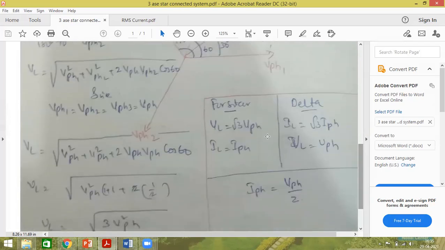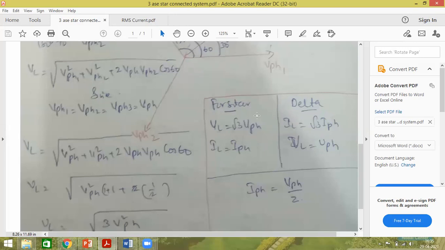But now you remember, for star connection, what is the derivation we have proved? Anyone? What is the result? Line voltage equals root 3 times the phase voltage. And depending upon the connection, we need not prove this one: line current equals phase current. So from today onwards, star connection means in your brain you have line voltage equals root 3 times phase voltage and line current equals phase current. Whereas the delta is explained for the currents.